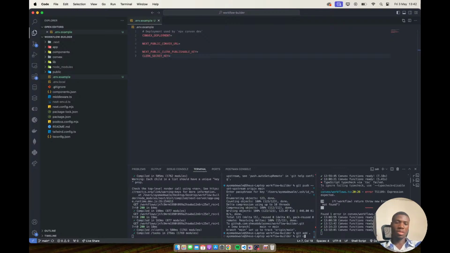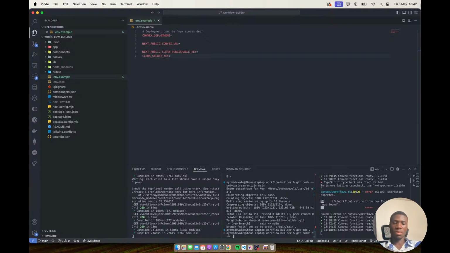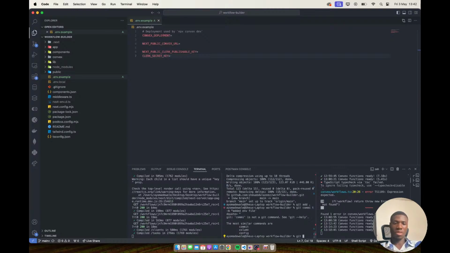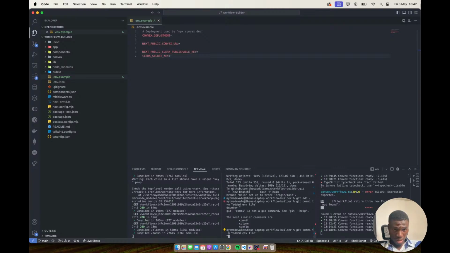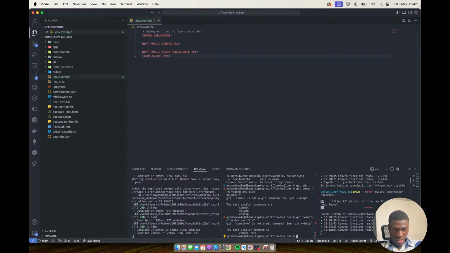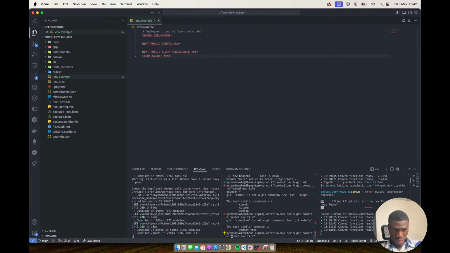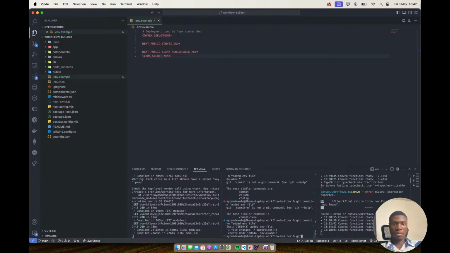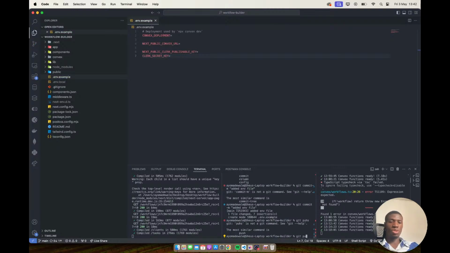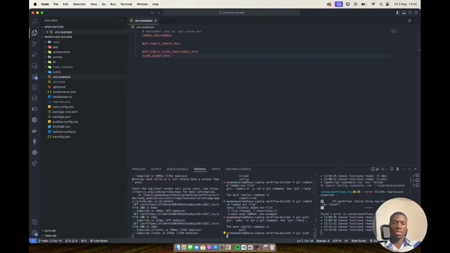Git add, git commit, dash m, add env file, git commit. Wait, did I do? Okay. And then we do the push, right? And